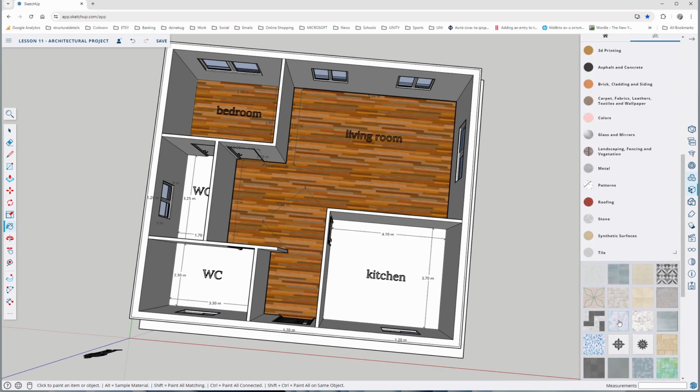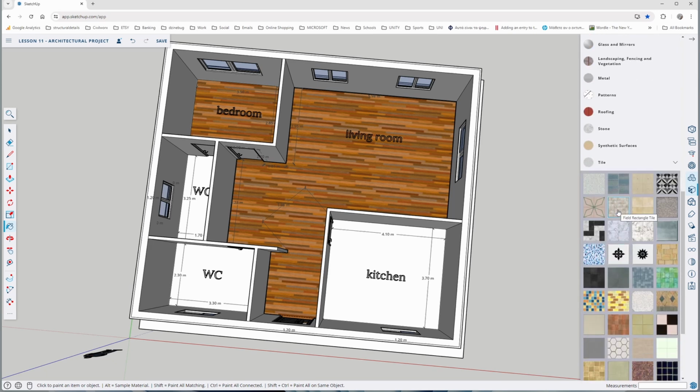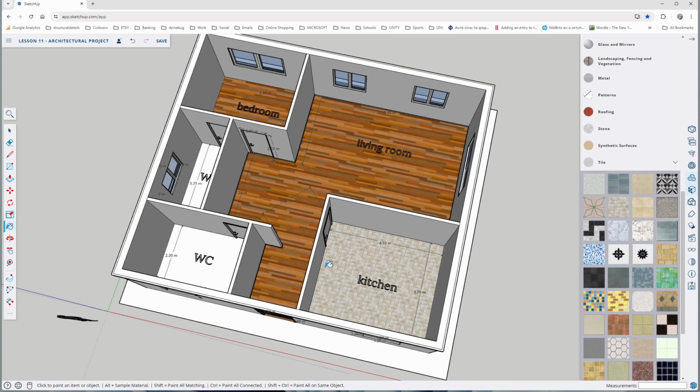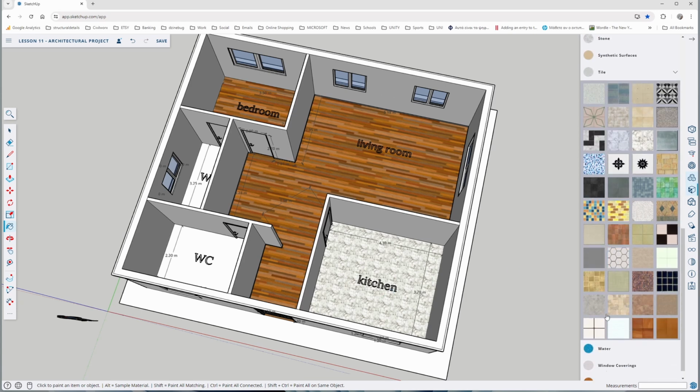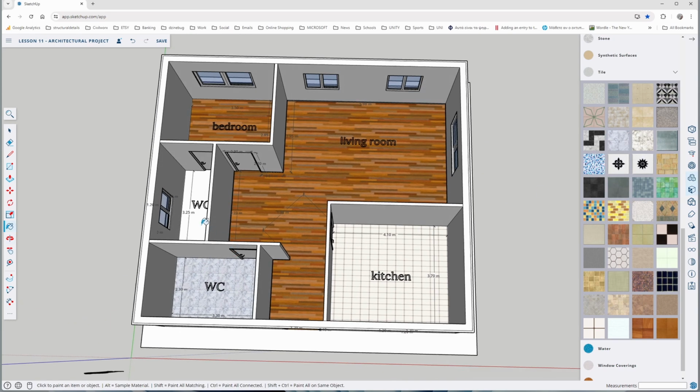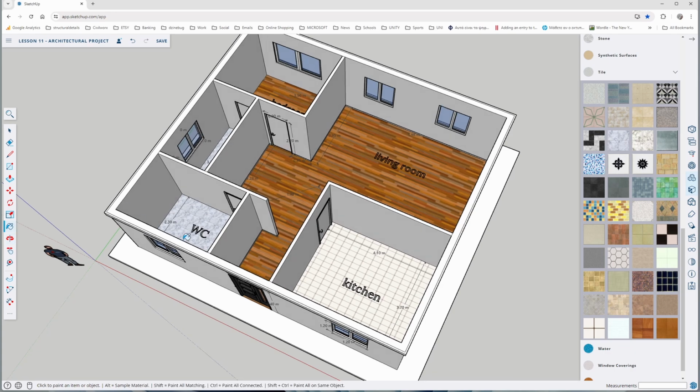Let's find a tile for our kitchen. I'm going to select, let's try this one and see how it looks. I think I'm going to change it to this one. No, it's too busy. There, that's our kitchen. And we can use this one for our bathrooms. We can also